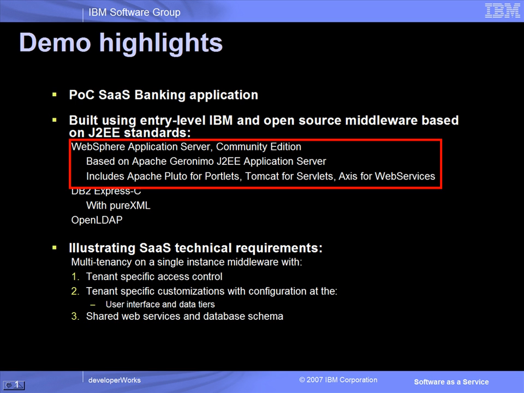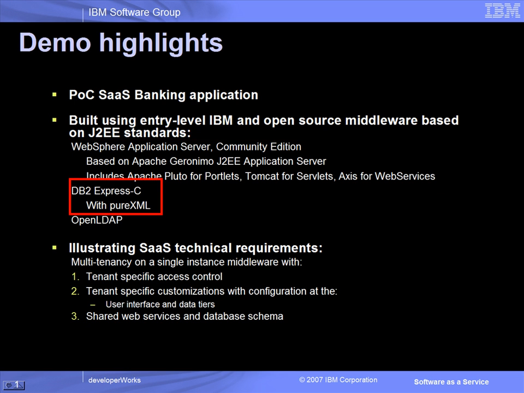WAS-CE is a free, lightweight application server built on open-source Apache Geronimo technology based on the J2EE standard. DB2 Express-C is a version of DB2 that is free to build, deploy, and redistribute. OpenLDAP is a free open-source implementation of the Lightweight Directory Access Protocol, or LDAP, commonly used for accessing user information